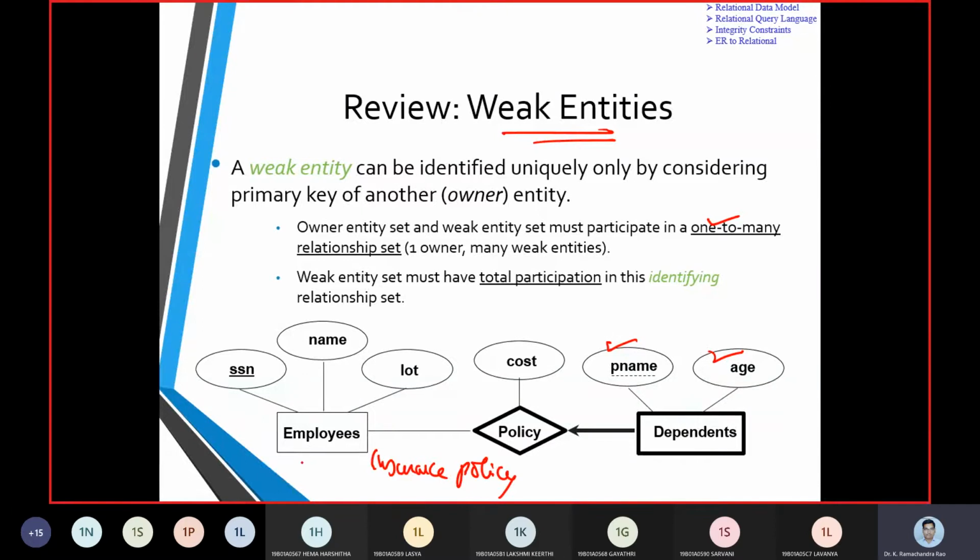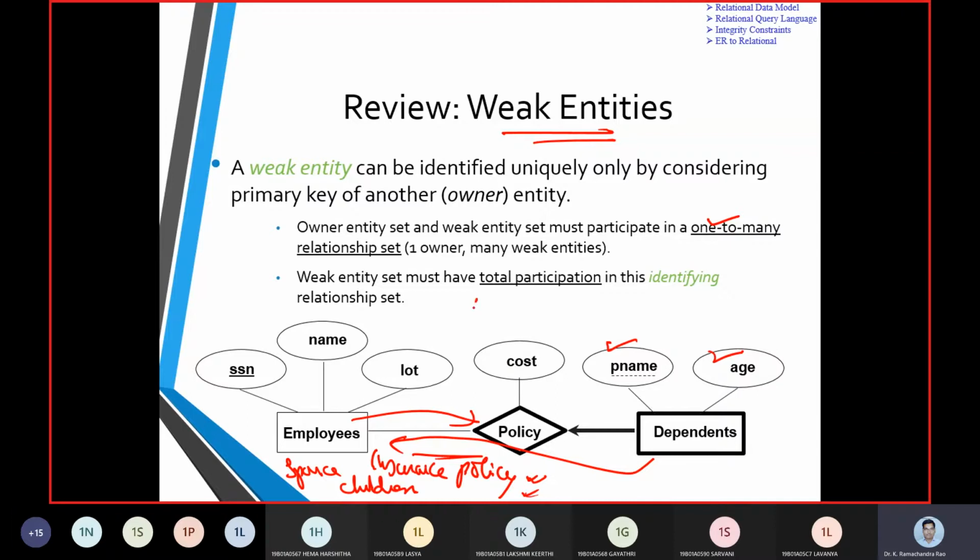The employee's spouse or children have every right to enjoy the insurance policy as they are dependent on the employee. The insurance policy is taken by the employee, and dependents can have the benefits of the insurance policy.